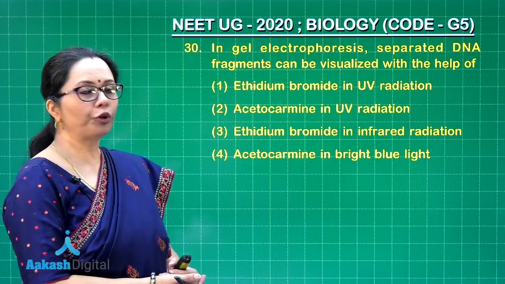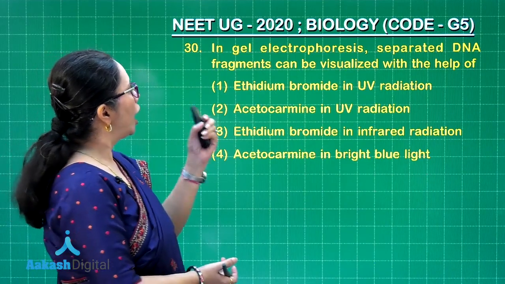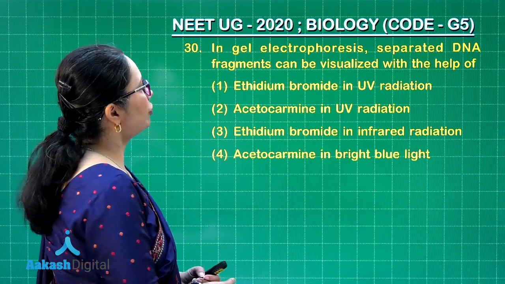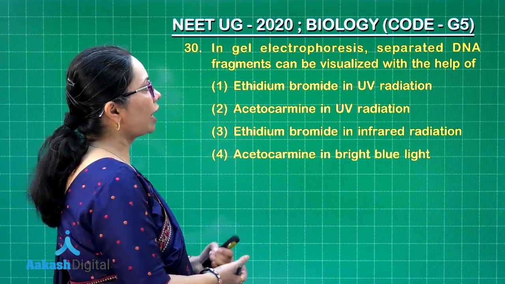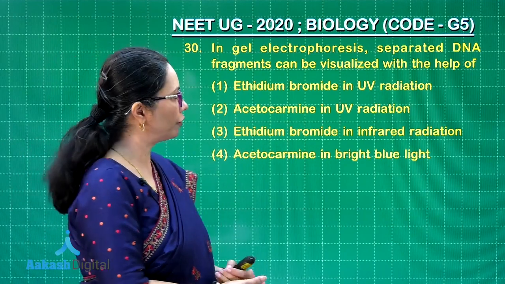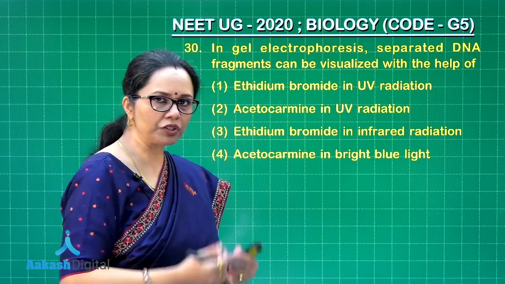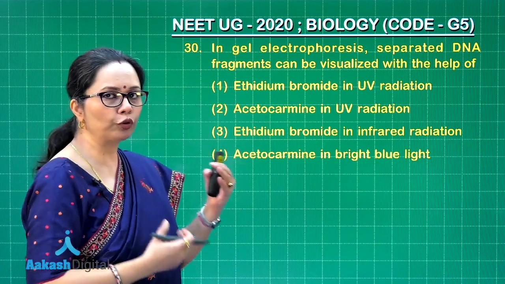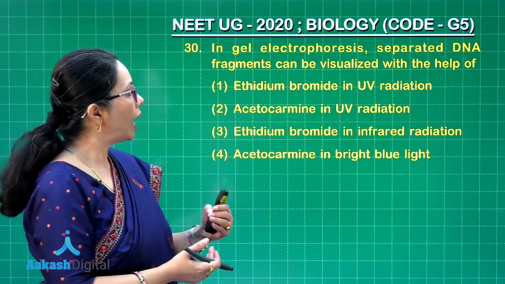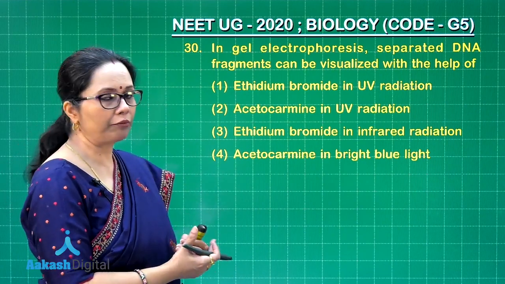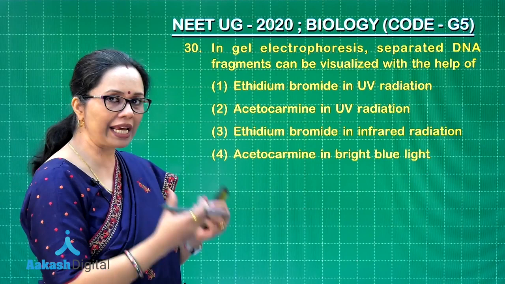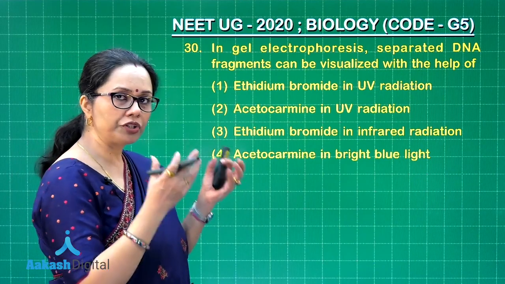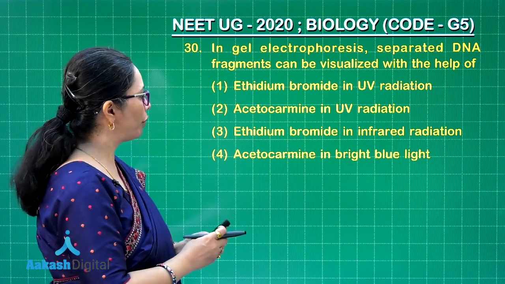Now here we have question number 30. So in gel electrophoresis, separated DNA fragments can be visualized by the help of... That means we have already run the gel, the DNA fragments have resolved, they have moved through the agarose, and now when we want to see them, we have to stain the entire gel block with ethidium bromide, but